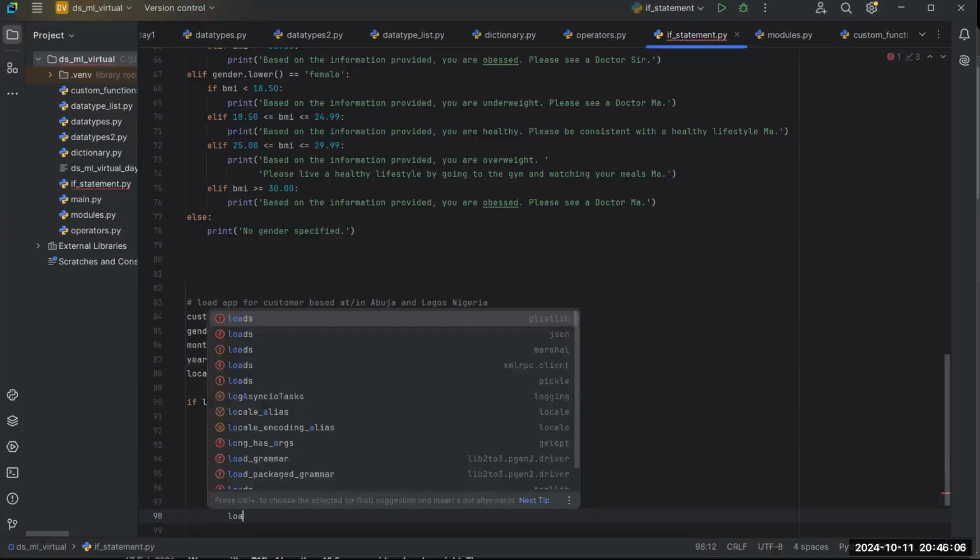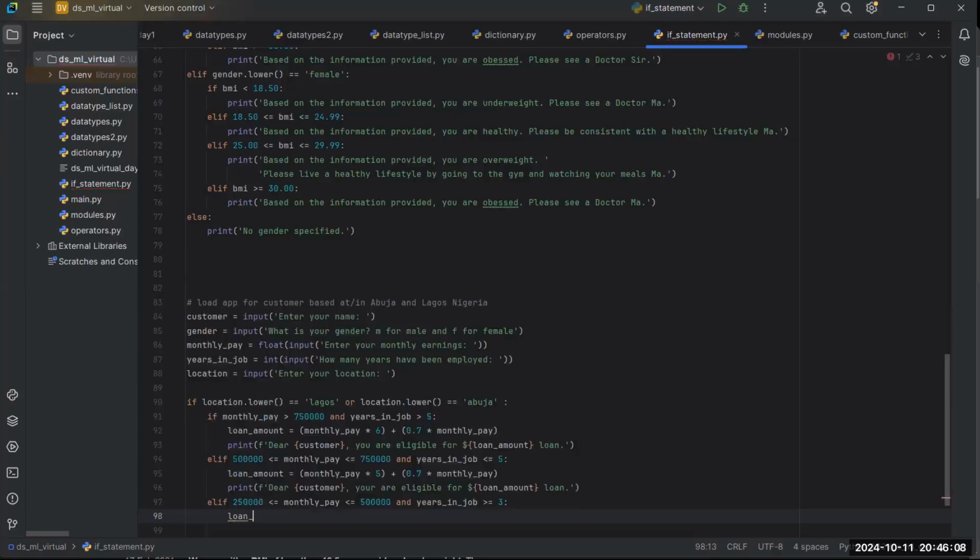Their loan amount now will be equal to monthly pay multiply by 4 plus 0.7. Okay, no, let those who are earning higher receive 0.7, and then those who are earning lower receive 0.5. 0.5 times